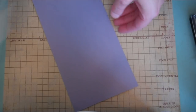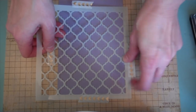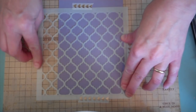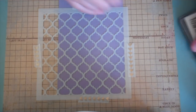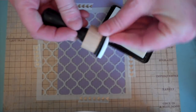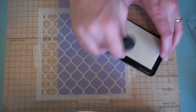And for this one, I am going to use my, I had to look this word up online to make sure I was pronouncing it correctly, but my Caterfoil stencil. And apparently I have been saying it wrong forever and ever. Anyway, Caterfoil. So all you need is your embossing pad, and I just use a fresh new dauber, and all you're going to do is just lightly, actually not so lightly,